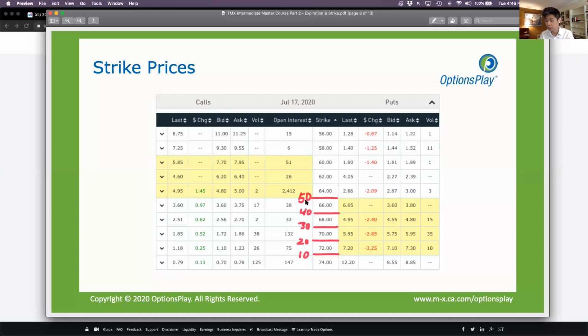Okay, so delta tells you the probability of the stock being above that specific price, and the further away, the smaller the probability. So the probability-based approach to selecting strike prices is one that we use here at OptionsPlay. That's how we select all of the strike prices that we show you on our platform, because a probability-based approach is the only approach that naturally accounts for changes in volatility, because you don't always want to just choose something